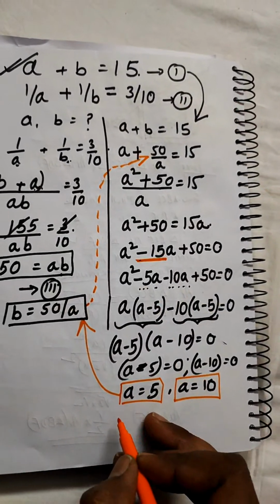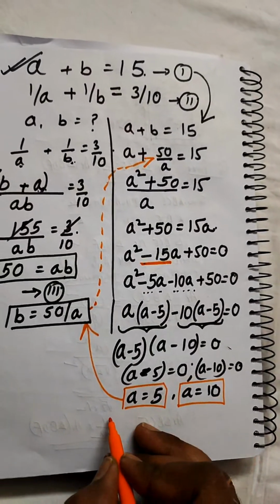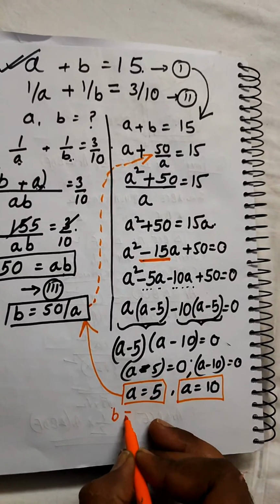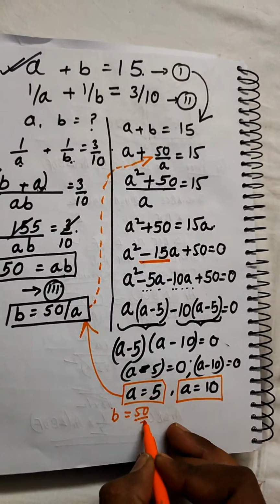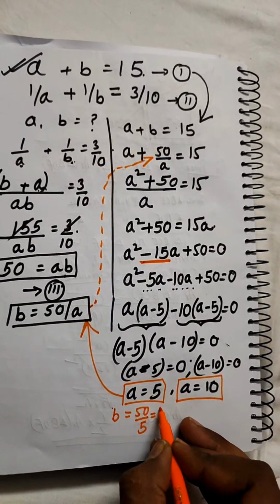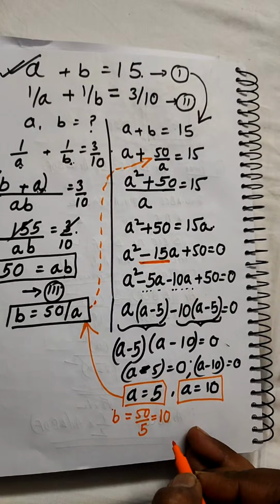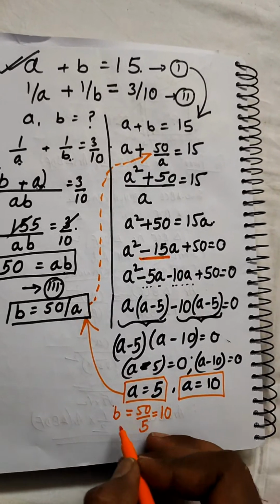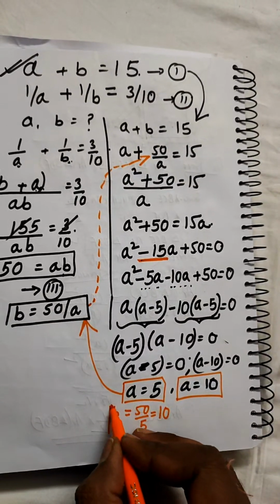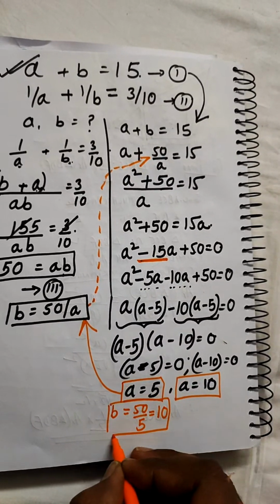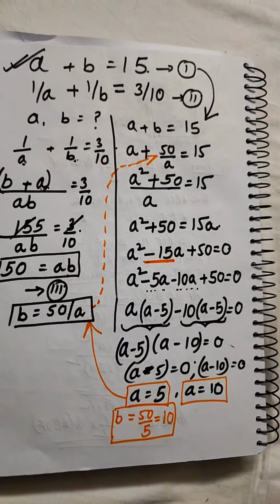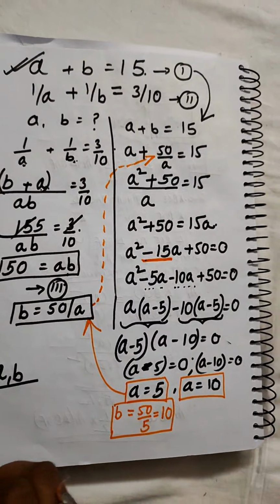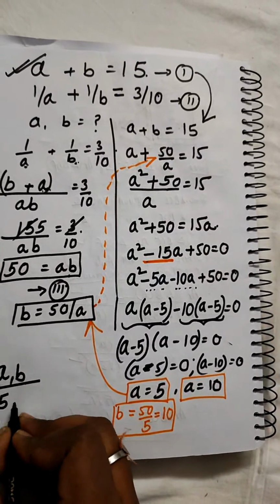So since B equal to 50 by A, can't we write, if A is 5, then the corresponding value of B will be 50 by 5, which will give you 10. The value of B is 10, right? So B equal to 10 is the value when A is 5. So the values of A and B are 5 and 10,